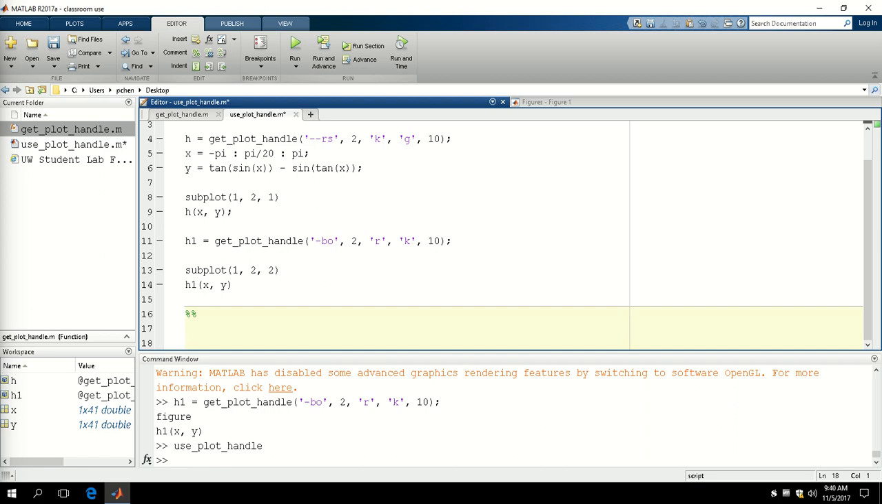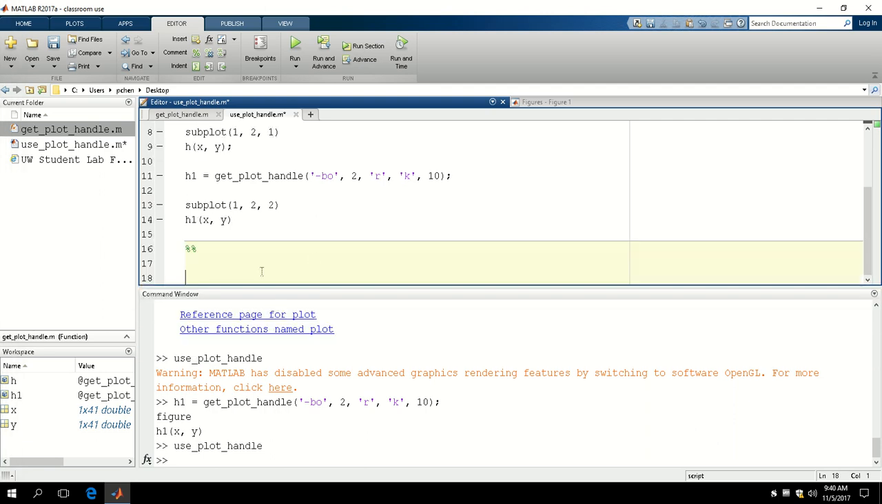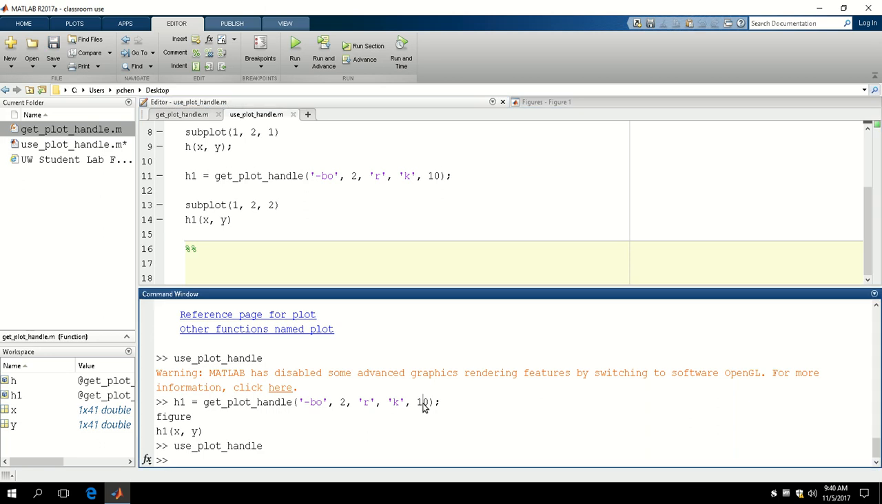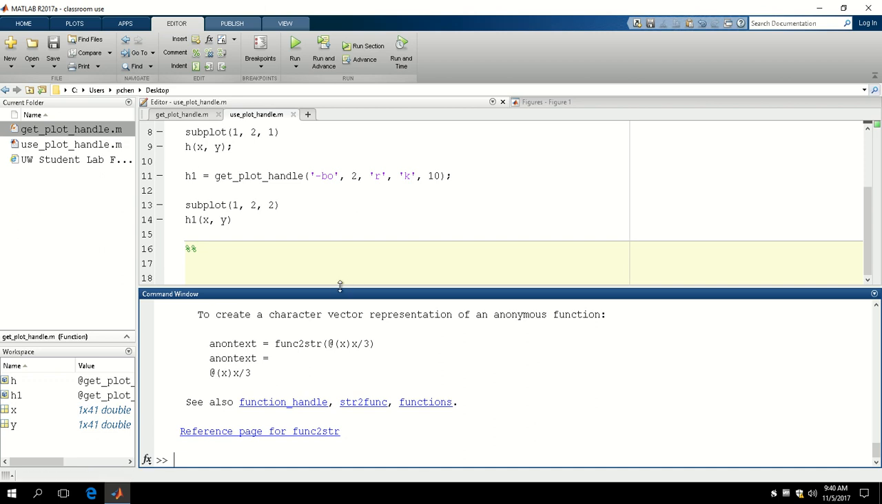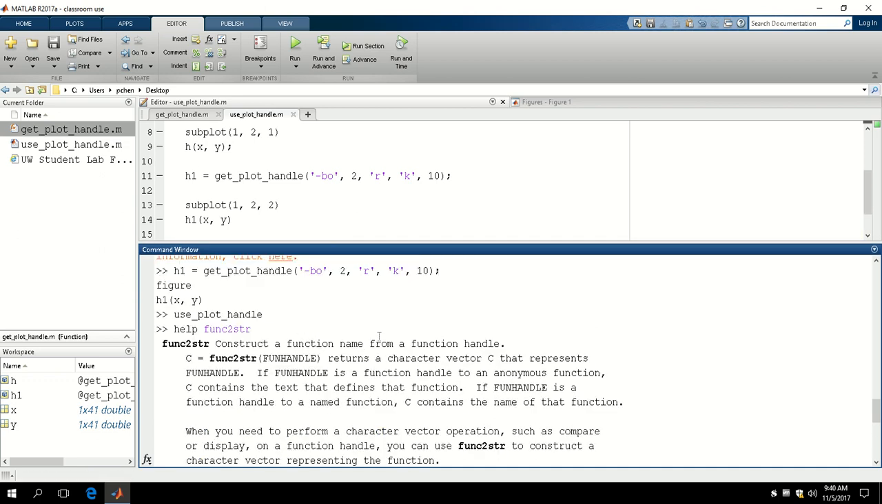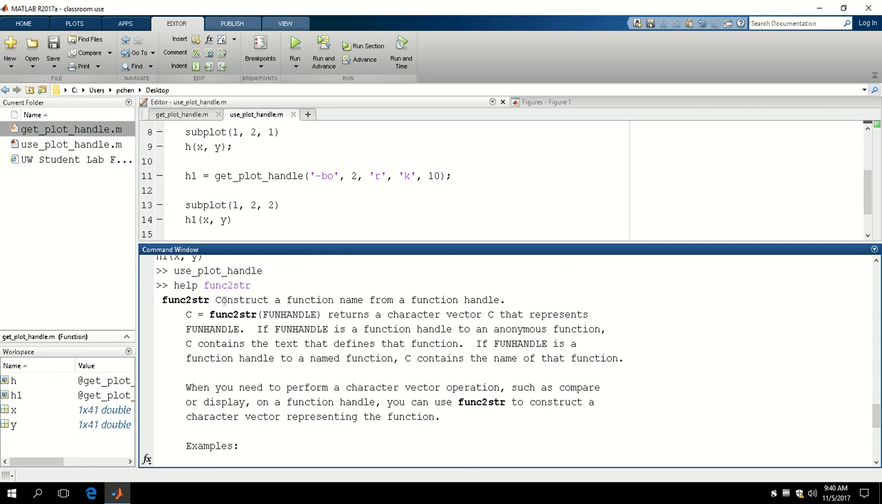When we talk about function handles, there are two functions that's kind of quite useful. One is called str to func, and the other one is called func to str. These two intrinsic Matlab functions are usually used in pairs. One is called func to str. So it's called construct a function name from a function handle. So if you give a function handle to the func to str function, then it's going to return a